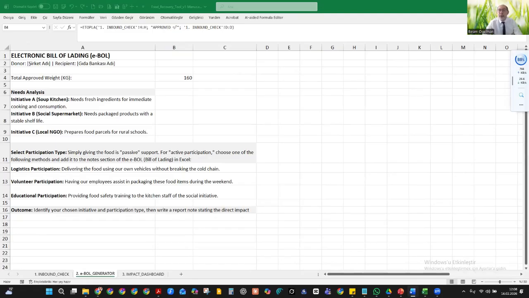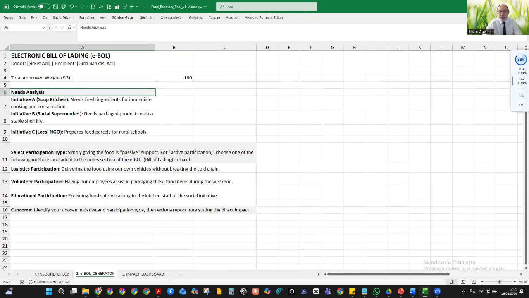This is the foundation of the process we call need analysis. A mismatch can cause food, even if safe, to exceed the capacity of the social initiative and go to waste. Therefore, we must achieve a perfect harmony between the logistical requirements of the food and the distribution speed of the